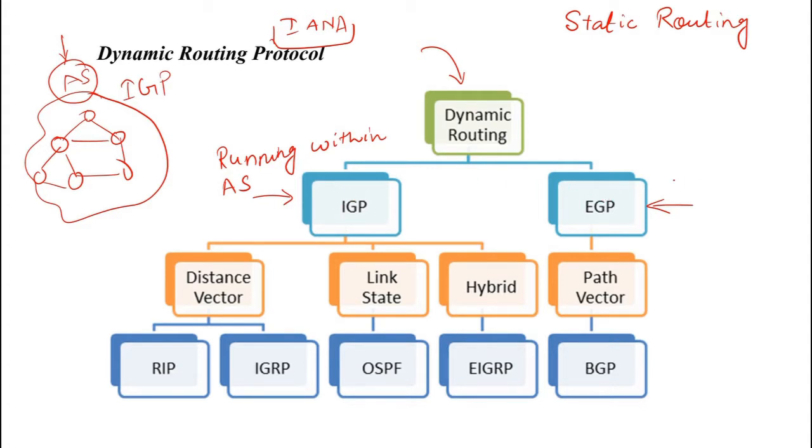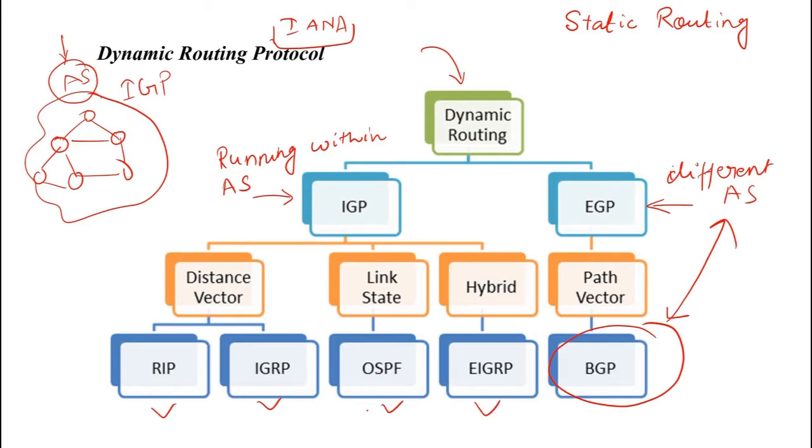And the next thing is EGP. That is inter-autonomous system; for different AS we use EGP. In EGP, we have only one protocol that we use, that is BGP, used between different AS. And for within an autonomous system, or IGP protocols, we have RIP, IGRP, OSPF, and EIGRP. We have one more, IS-IS, that is also similar to OSPF. It's not mentioned here, so I just thought to mention it, and that's also link state. So these are the IGP protocols we have.